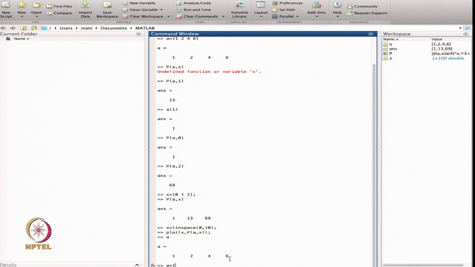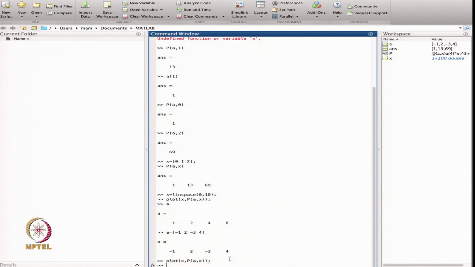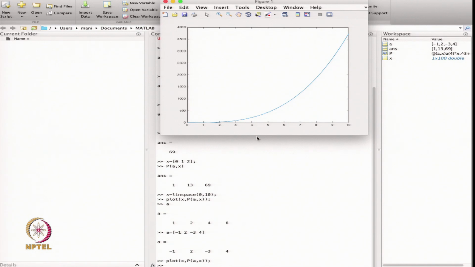and I just put the coefficients -1, then 2, then -3, then 4. So, let us take this point. In this case my polynomial will change, and this is the polynomial we are getting now. This is the value of a, and